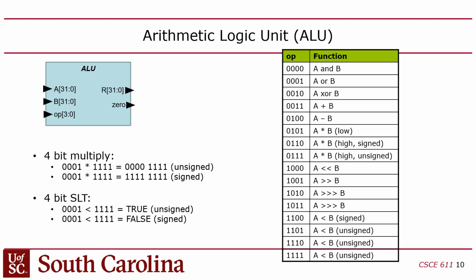Then we've got shift left, shift right, arithmetic shift right. Both of these codes do arithmetic shift right. You guys remember arithmetic shift and sign bits. And then we have these guys that test to see if A is less than B. And the output of that is just a 1 or 0, in 32 bits, which is wasteful because you're just putting a 1 or 0 out, but you're padding it with 31 0 bits, right? Okay? Any questions about that?